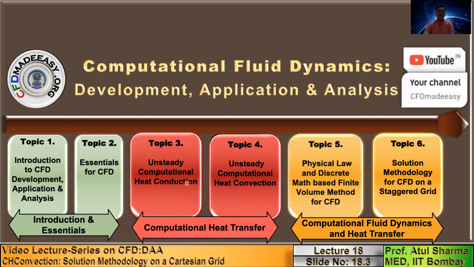When we say component in a software, the component in a program corresponds to a subroutine. So you can convert the computer program which you have developed for the previous topic on computational heat conduction, which you have already tested, into a subroutine. You can generalize this component, because this subroutine is not only used to calculate the total heat gained by conduction, but when we go to combine fluid dynamics and heat transfer,